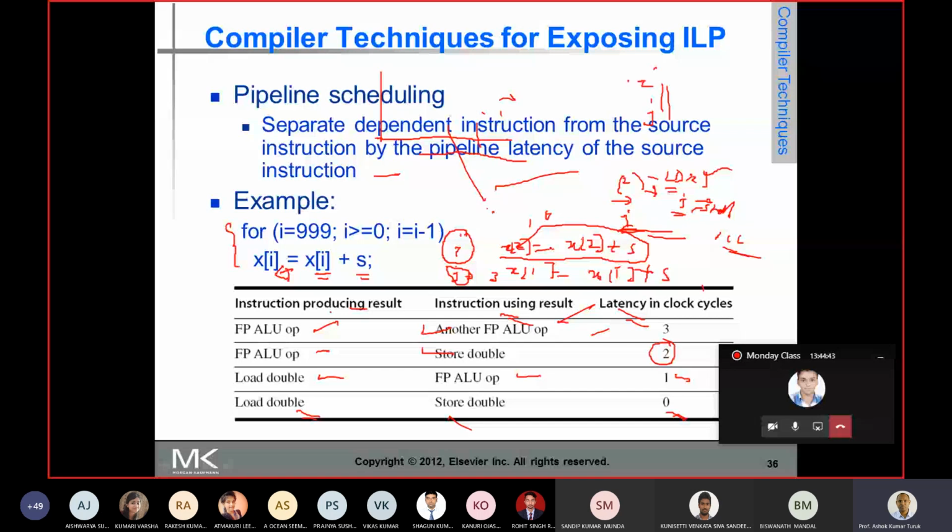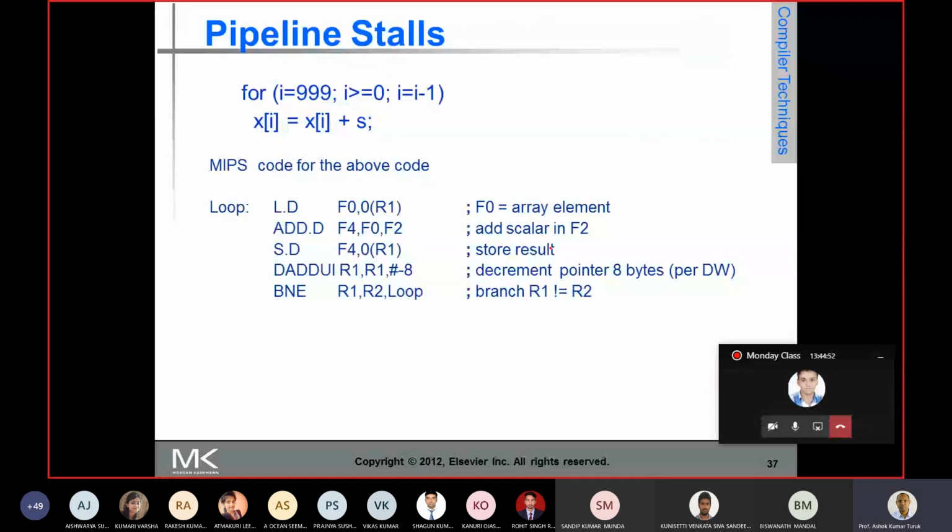Let's translate this code segment into the MIPS language, and let's see how the MIPS code executes. So this is the code. Now, what is xi? This is stored in some memory location, and that has to be loaded into some register.